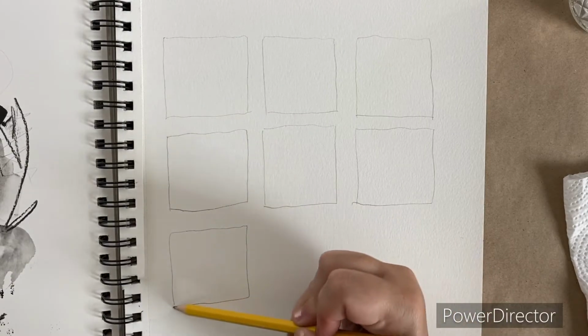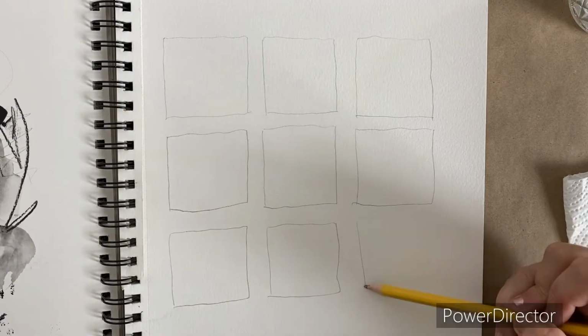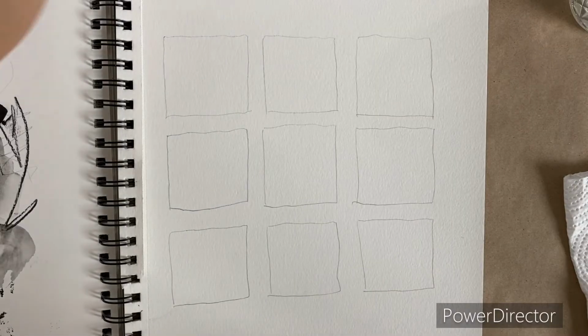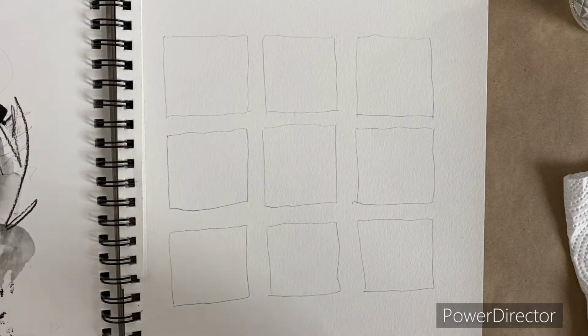As you do these more and more, this is something you can do daily, really. If you have your supplies ready, it takes 10 minutes to do this exercise. And after a while, you'll start to see which marks you make a lot of. And those really are your marks, your unique way of